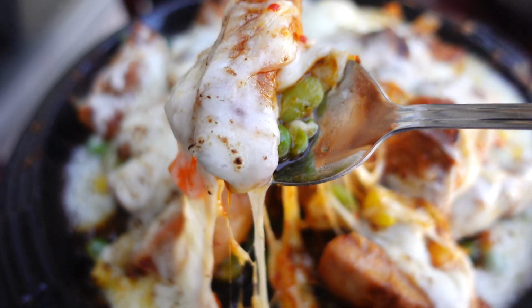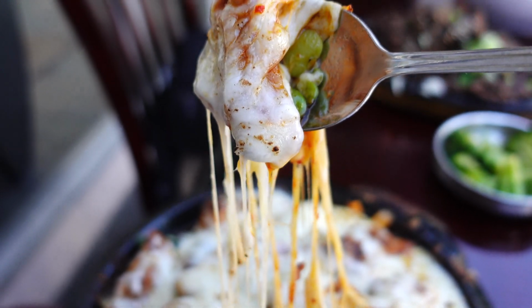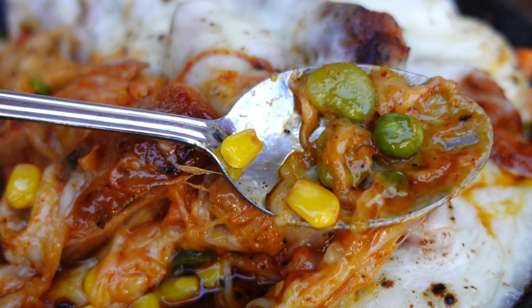And you can't forget about the cheese. It's a little bit on the sweet side, which I really like, and it's so smooth and rich and stretchy, and it's a really fun dish to eat. I also really like the veggies in there. There's a little bit of peas, carrots, and some corn, and the corn really adds a nice popping sweetness to